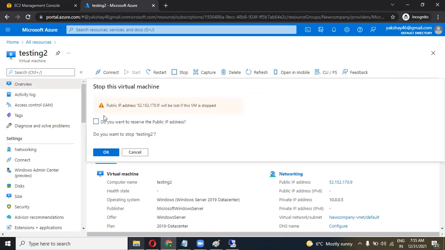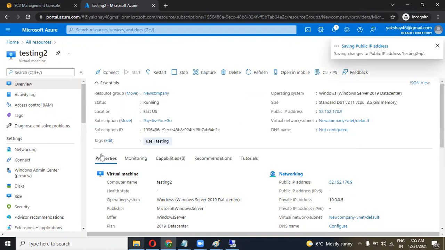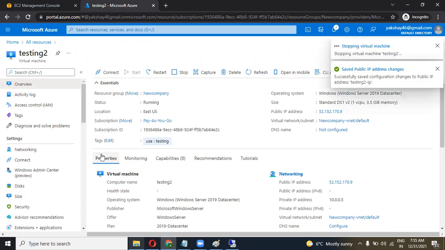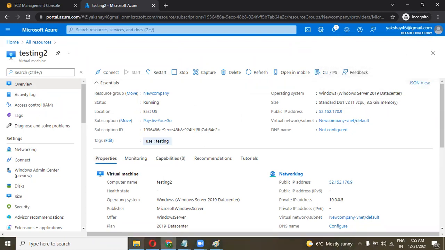if we click here, stop this machine, then the machine is completely shut down and also deallocated. If you untick the public IP, then your public IP will get changed also. Right now I clicked on stop my machine.